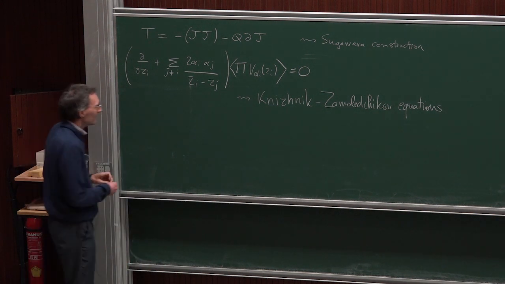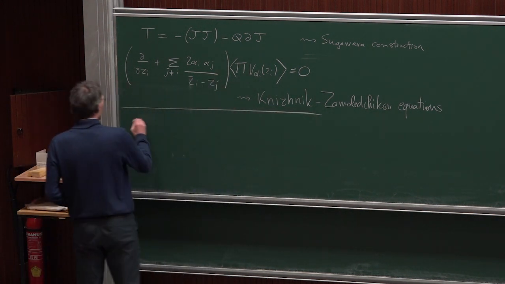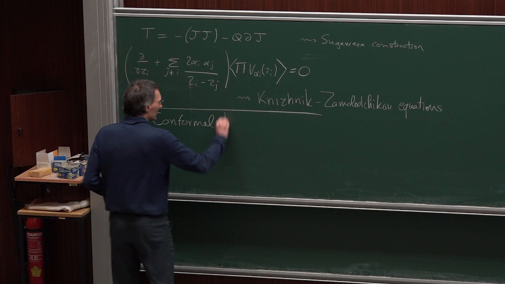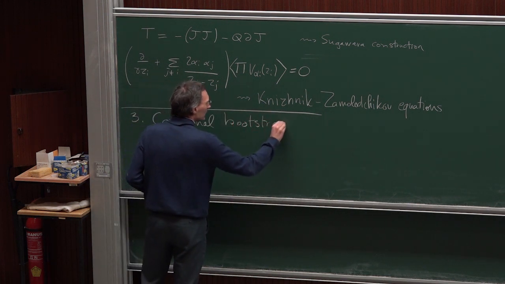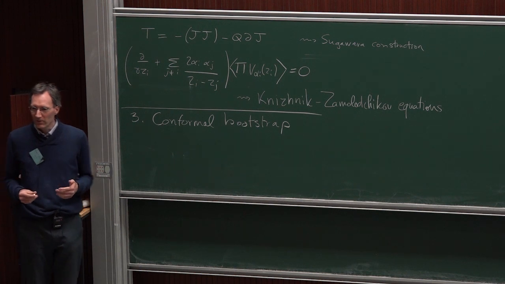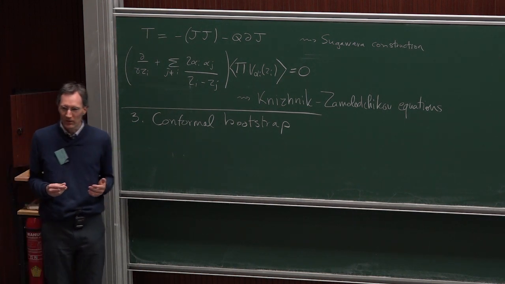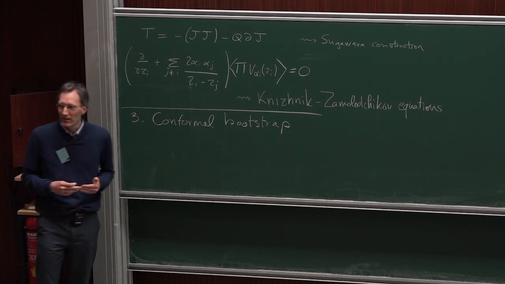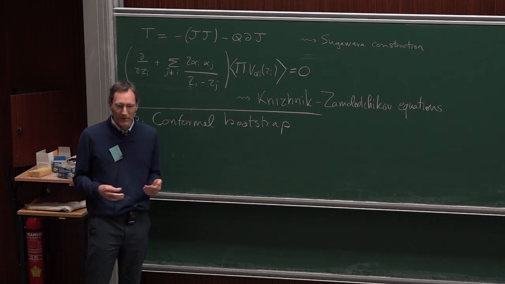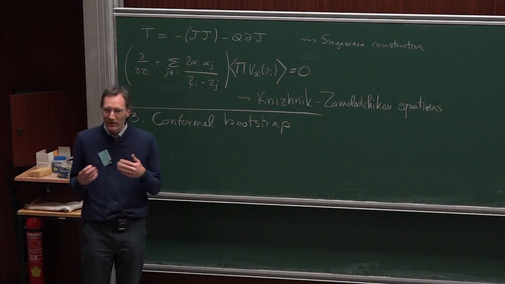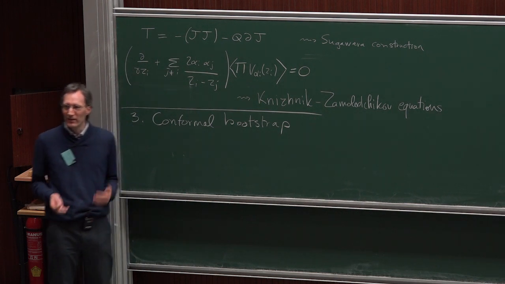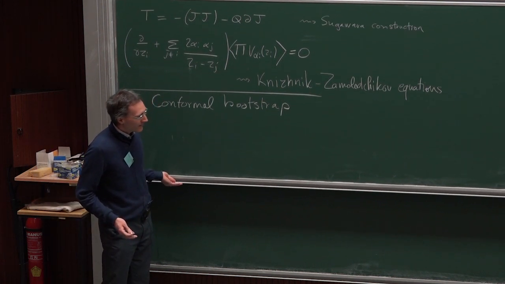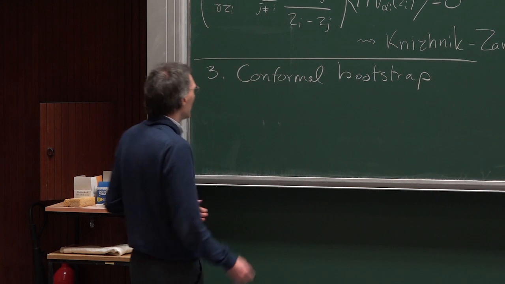Okay. So now let's talk about the conformal bootstrap, and that's the third part of these lectures. So far, all the equations we obtained for correlation functions, so the Ward identities and the Belavin-Polyakov-Zamolodchikov equations, were linear equations. They are the consequences of symmetries, but they don't allow you to completely compute the correlation functions. For that, we need nonlinear equations. So now I'll start to introduce extra axioms that will lead to nonlinear equations. And the first axiom